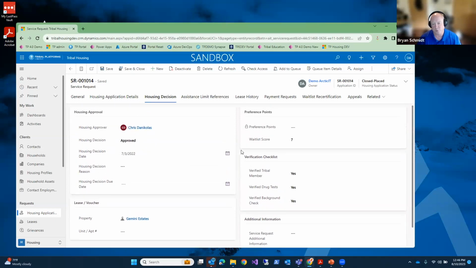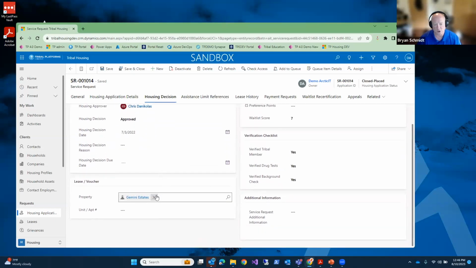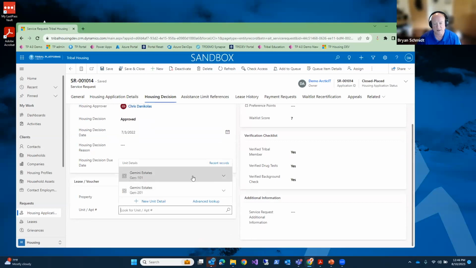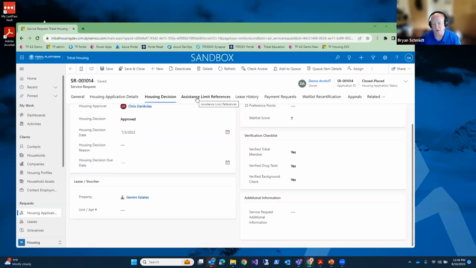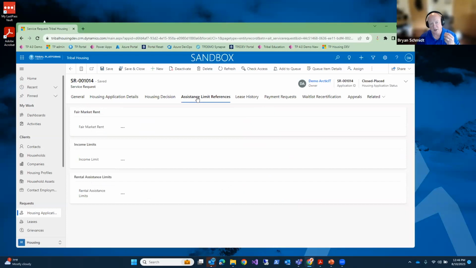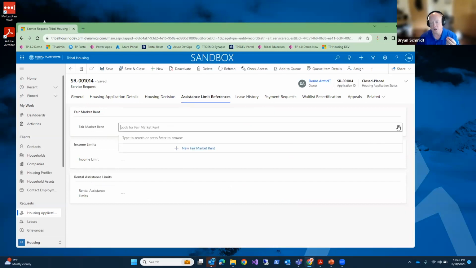And then if it is approved, now we're going to say, all right, we're going to specify the property and pick the units. So now you can have the individual units, or create or select one of those units that are available. Because that's how it filters based on this property. It'll filter the available units on that property for me to place the individual. And now once we pick that place, we can use this for setting up a